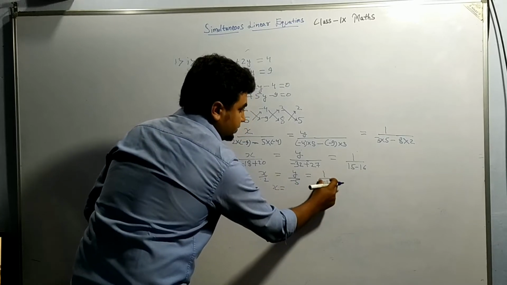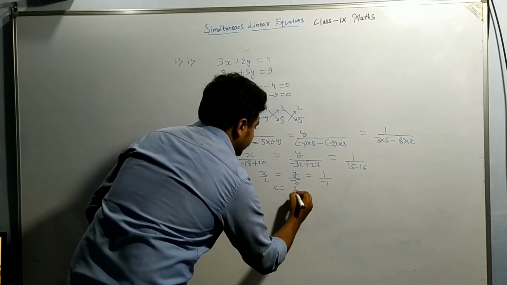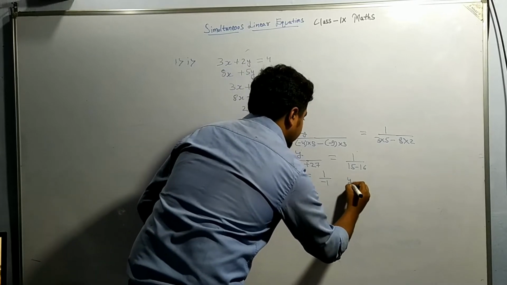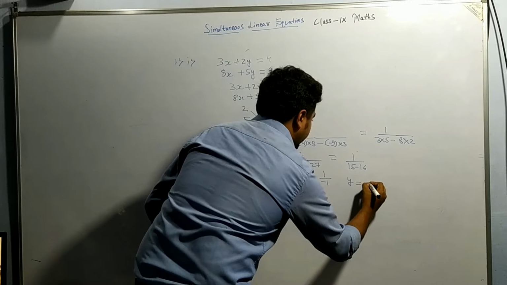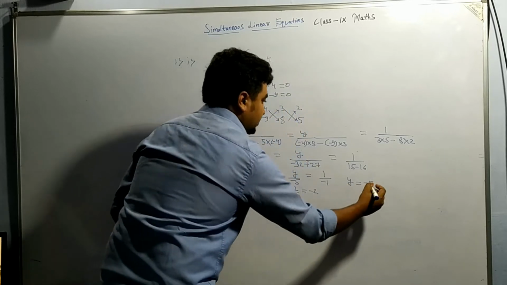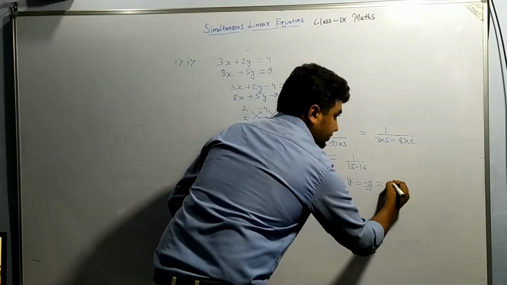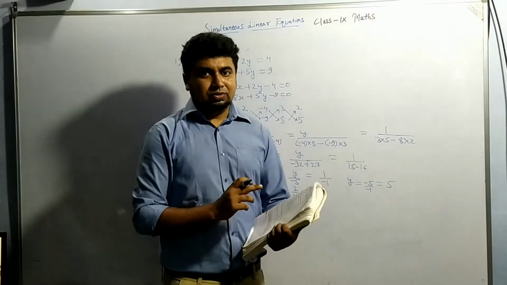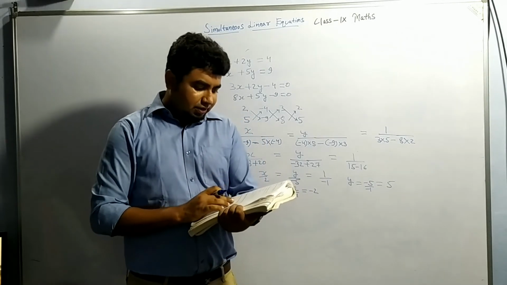We have to compare with this. 2 by minus 1, which is equal to minus 2. And y will be getting is equal to minus 5 by minus 1, means we will be evaluating with respect to this. So we are getting 5. So this is the value we are getting. So this is question number 1 bit 1. Now we will be solving question number 2 bit 1.